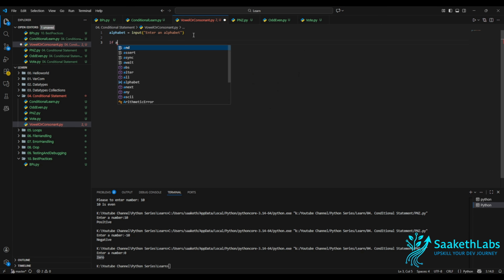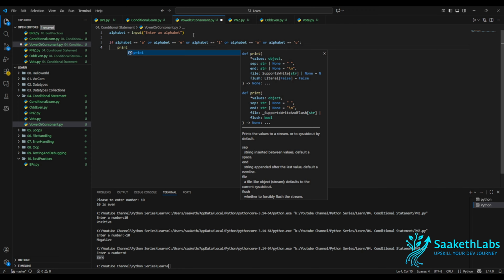if alphabet is equal to A, or alphabet equal to E, or alphabet equal to I, or alphabet equal to O, or alphabet equal to U. Then if the alphabet is either of these,